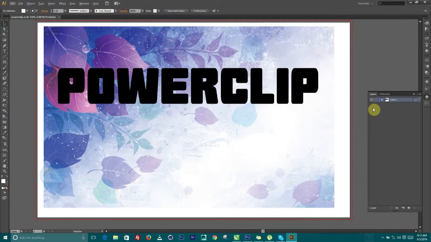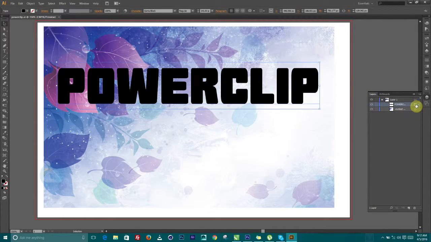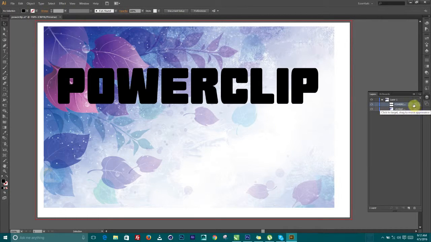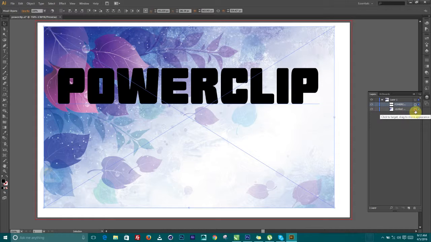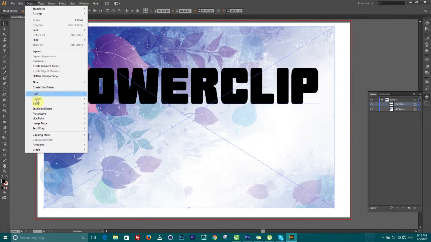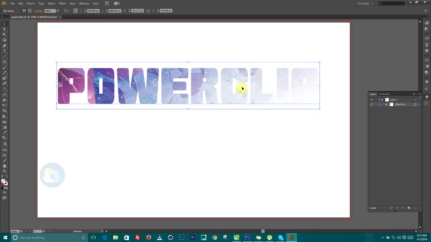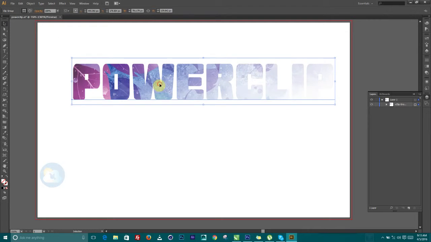Now there is a layer here, so if we open this layer, we have the text, so I can turn it on and off. This is the background. To power clip here, all you need to do is click on this small circle, we call it meatball. Click on it, hold the control key and click on the other one. Then you can go to your object, clipping mask. You can use the shortcut Ctrl+7 next time. So it's going to place that object inside of this text. And you can see we are moving both objects together.